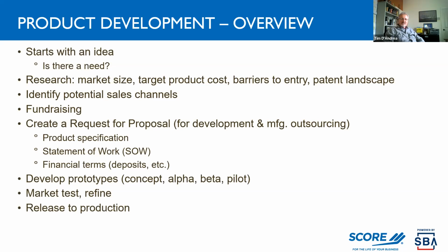The target cost is a key part of the product specification. In the medical world, they call it a product requirements document that captures all of this. Medical products, I should say. An SOW is a common term, which means statement of work, and that kind of defines the deliverables of the